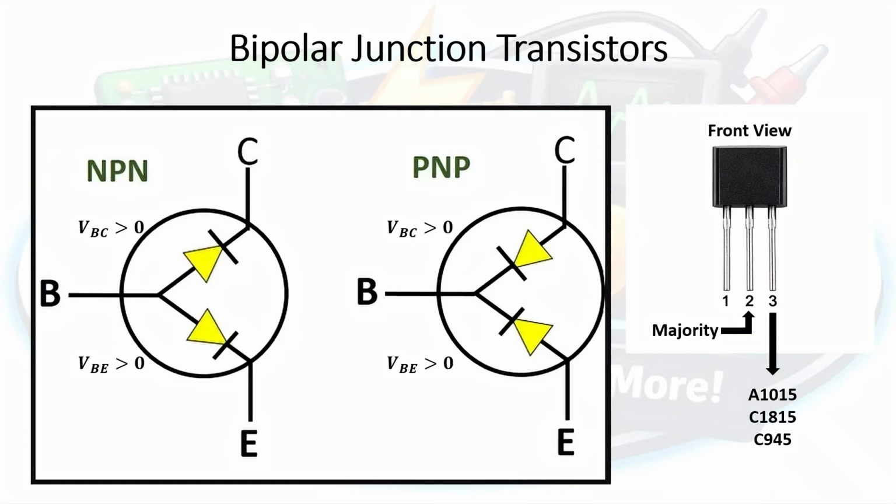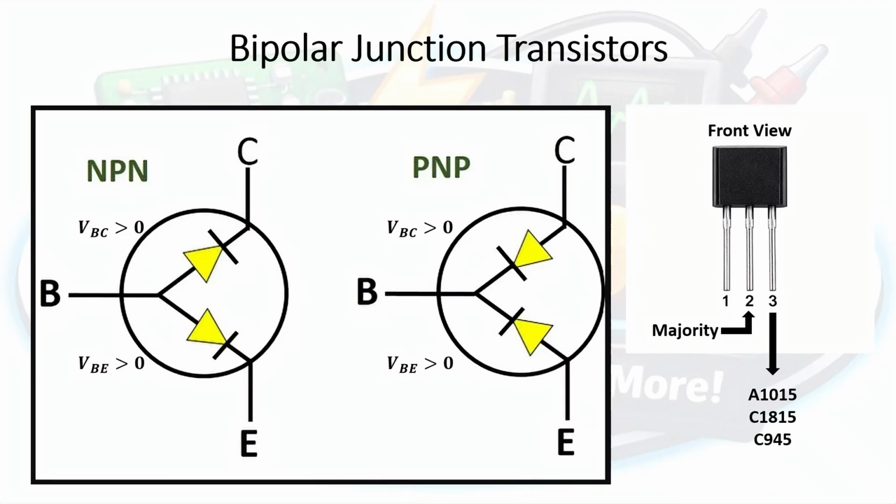You're trying to determine if the transistor has a base collector voltage and a base emitter voltage. So what will happen here is this: you will make a guess. Where is the base? Pin number 2 or pin number 3. Then, using the other probe of your meter, you're going to tap the other two legs, and you need to find out if you're getting a non-zero value for the base to collector voltage and the base to emitter voltage.